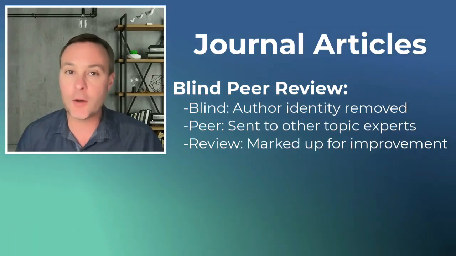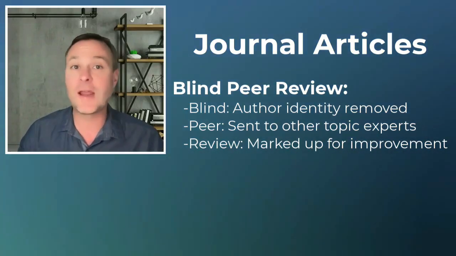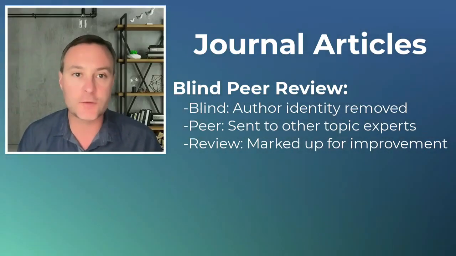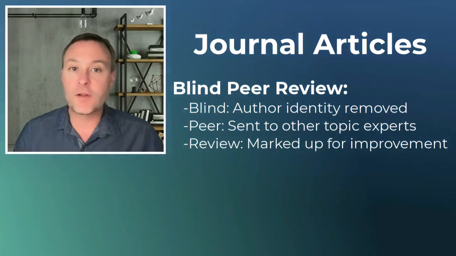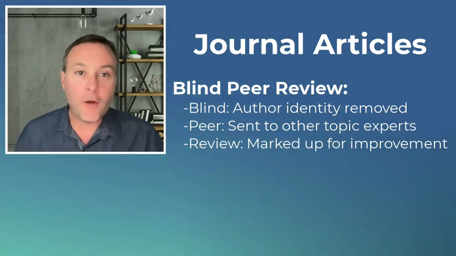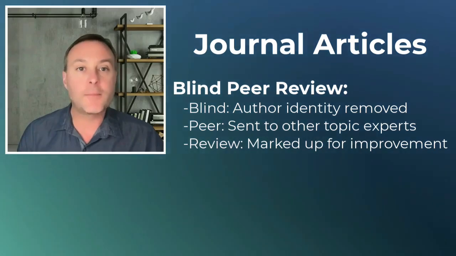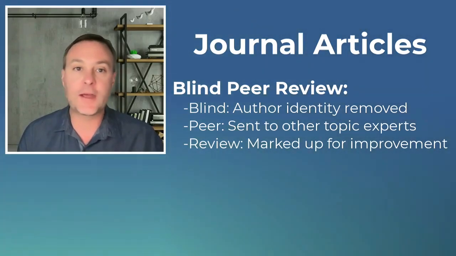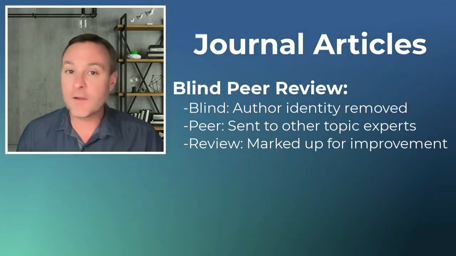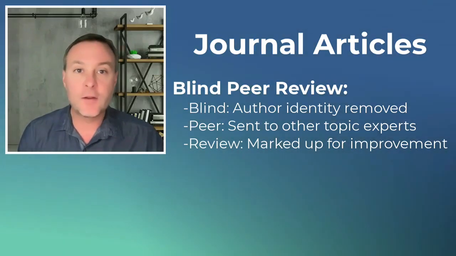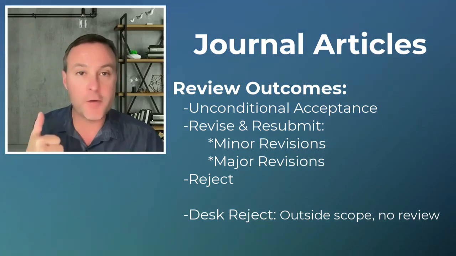And this is to make it more meritocratic, less biased if people have affiliations or friendships, or even negative biases against certain scholars or ideas. And so then it undergoes this peer review. Those reviewers really tear it apart, mark up all the things they think should be strengthened or changed, or maybe aren't up to the rigorous standards that that journal would have for its publications. Then they give a recommendation back to the lead editor, whether to accept,